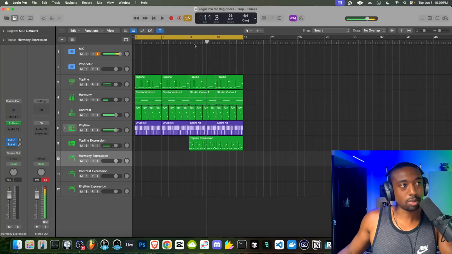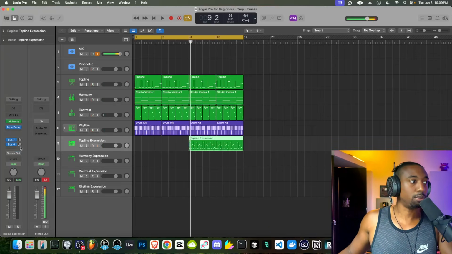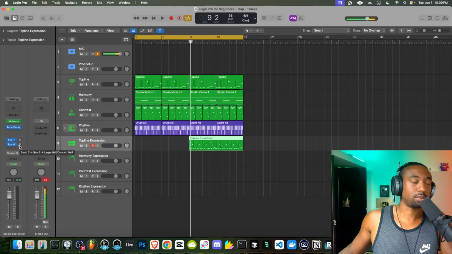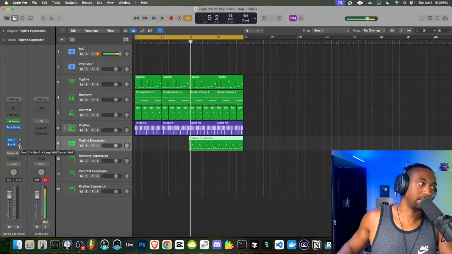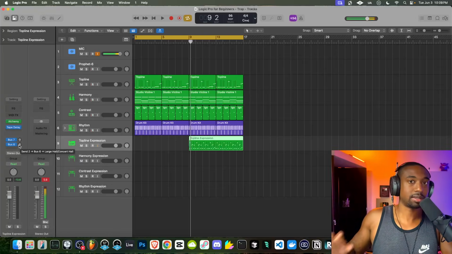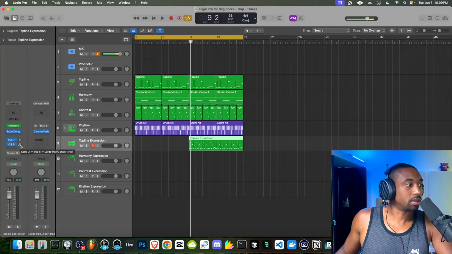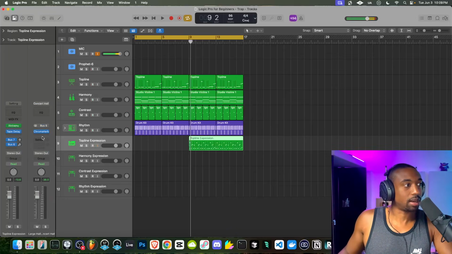So I want this to be a little more reverby. So let's go back to the bell top line expression, and we have these things called buses. By default, most of these are pre-made for you guys. You don't have to think about mixing. But if you ever want to trigger what's called a bus, this is like the effects chain, basically. I don't want to get too deep into mixing right now. Just click on the knob for it, and it pulls up the chain right next to it in the